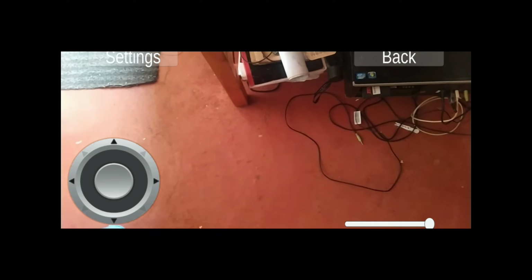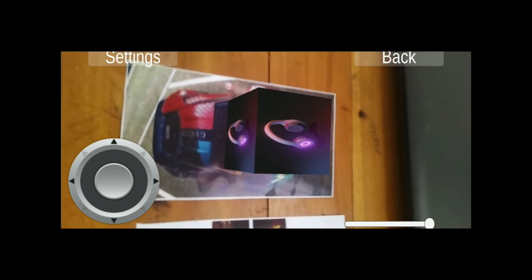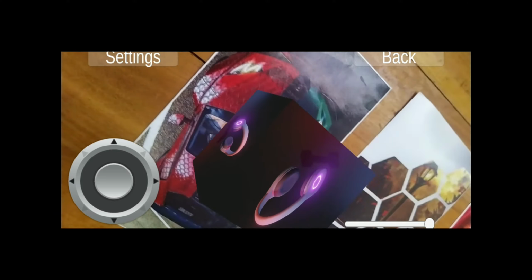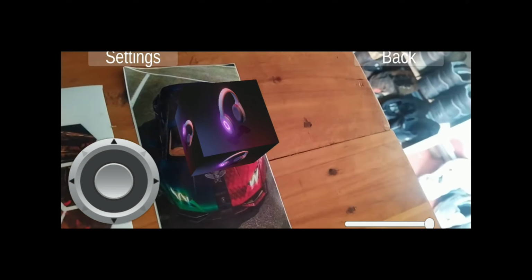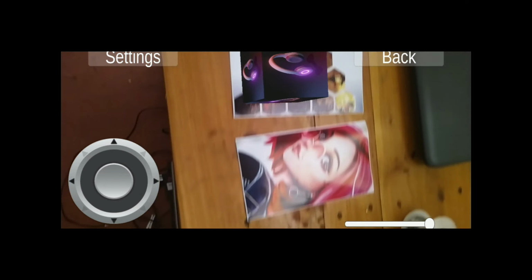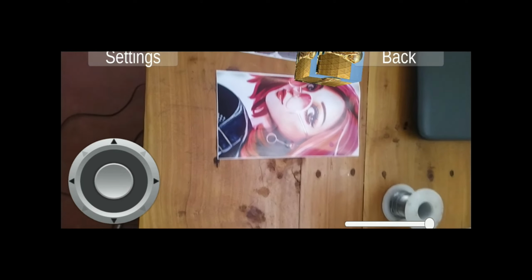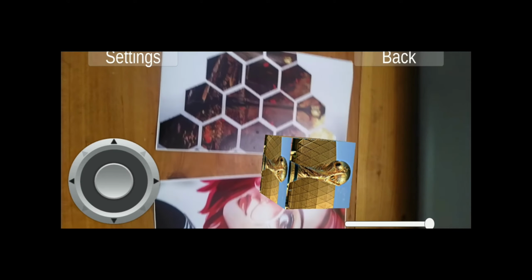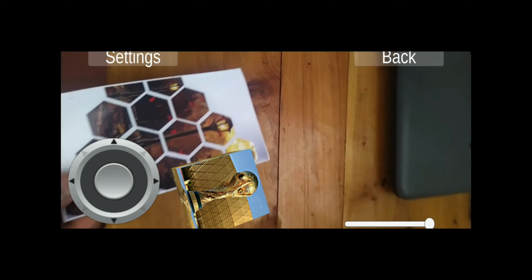with the target image. You can see the graphics. Actually, I also produced the graphics in Blender. On the second image, you can see it's reactive. On the second image, target lost. It displays another image, another cube with another canvas on it. And I'm also going to show you this app is very reactive.